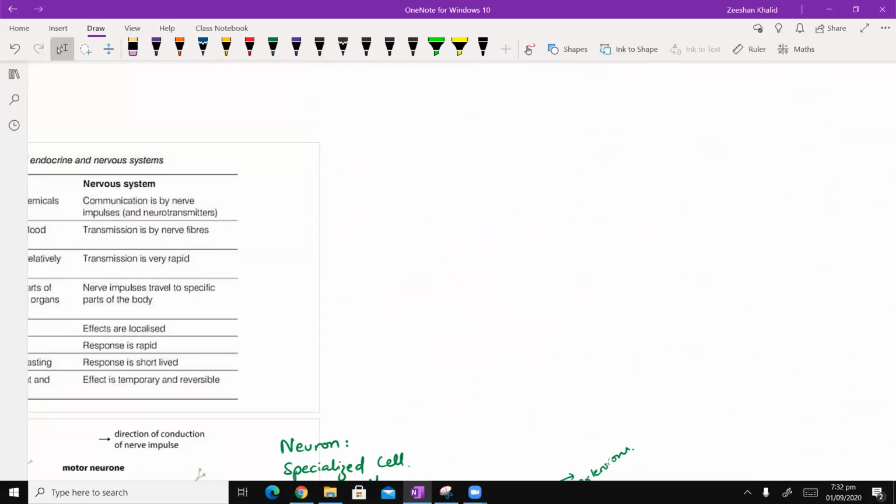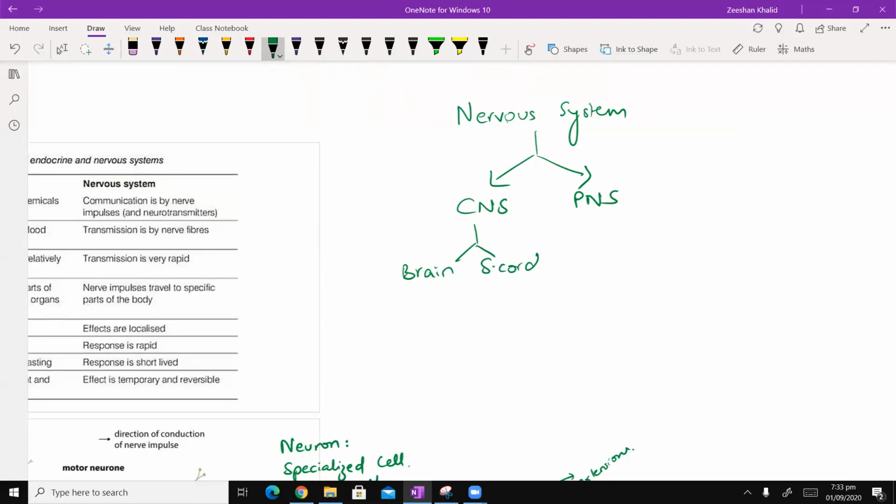And just to give you a very quick big picture again, we are basically looking at the nervous system, okay? Which we know is composed of the central nervous system and the peripheral nervous system, okay? Central nervous system is further composed of the brain and the spinal cord, and the peripheral nervous system includes the neurons, which are to and from the CNS. Okay, basically जो कि तीन हैं, the sensory, the relay, and the motor.